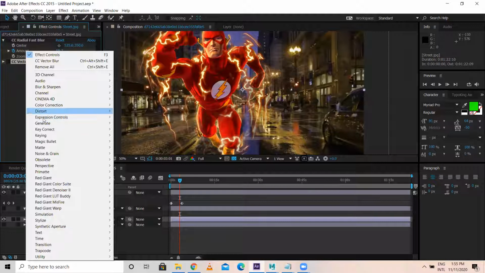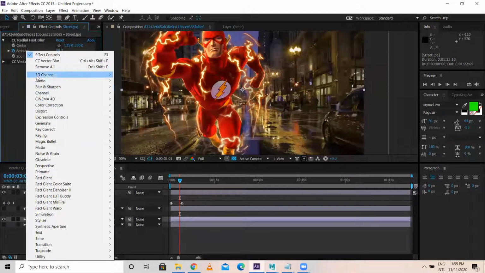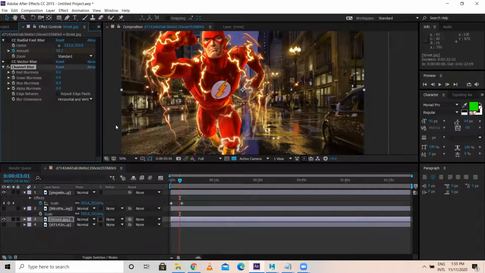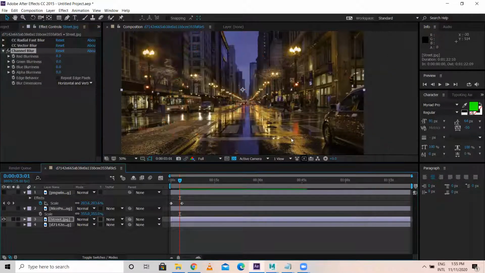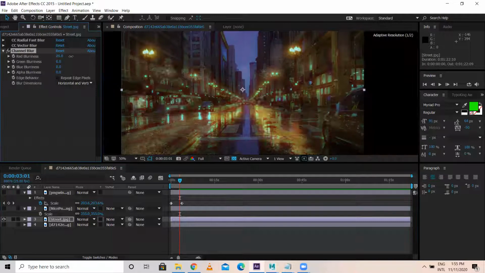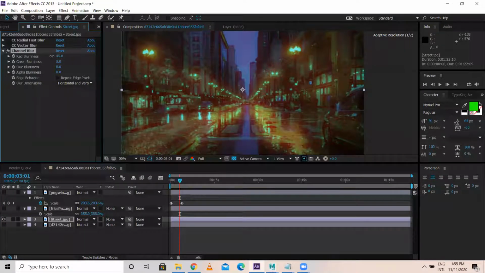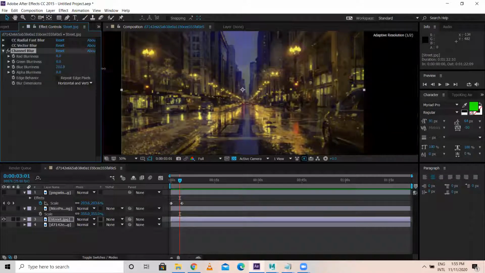So now I'm selecting this. Let me go to the other blur, that is blur and sharpen, channel blur. Channel is nothing but different channels are there basically. I'll turn off this. Okay, much difference is not there. Red channel, only red channel blur will be there. Or else now in this, blue items are there, right? There is a lot of blue channel. Let us blur the blue channel only.